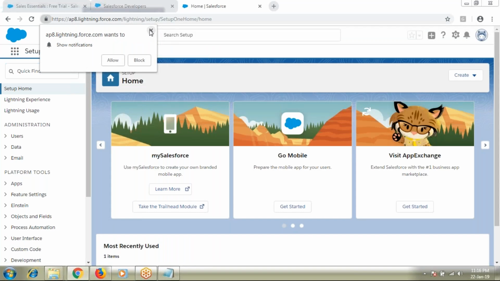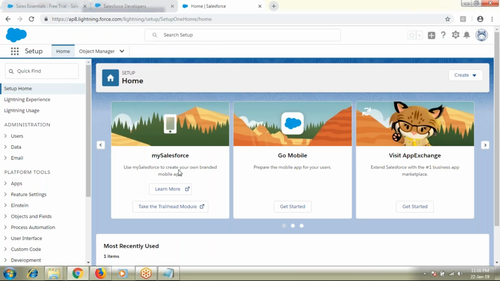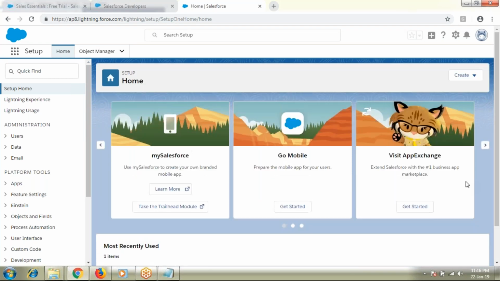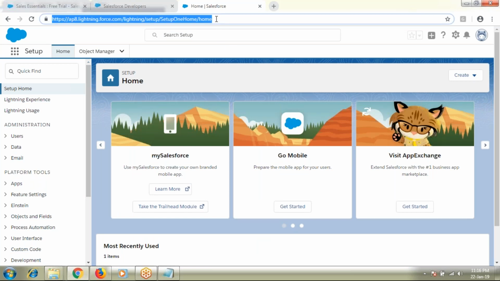So now we have logged into the application. This is some random page within Salesforce. The moment we log in, it took me to the home page. By looking at this entire page and at the URL of the web page, I can say this is not Classic, but a Lightning page.